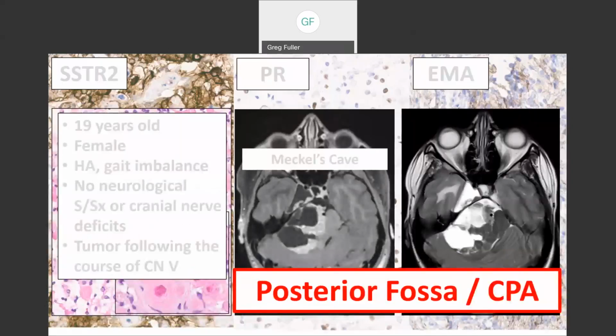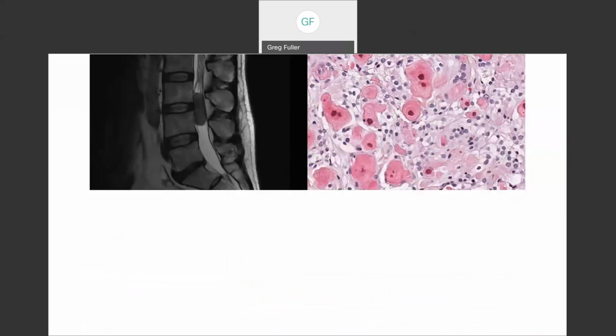Guess what? Look at our case, posterior fossa, cerebellopontine angle. All right, let's go back to that case report. Look at the histology. Oh, wow. Does that look exactly like our case? Yes, maybe a little bit less collagen, but this is a maturation. It's an aging process. All right, and the collagen tends to become more prominent the longer the tumor is there, the older the patient, et cetera, and then they tend to coalesce, et cetera. Look at the whorls. They're all whorls, and in the center of